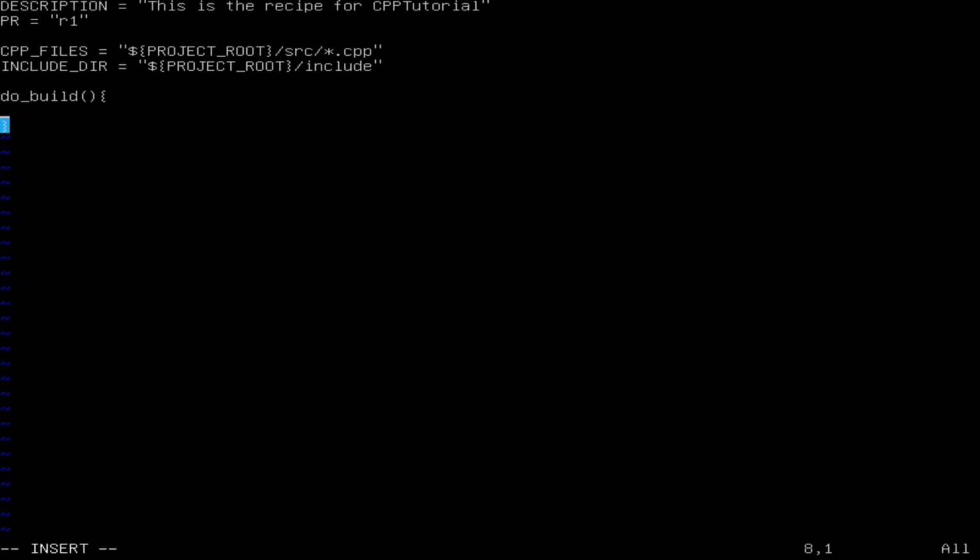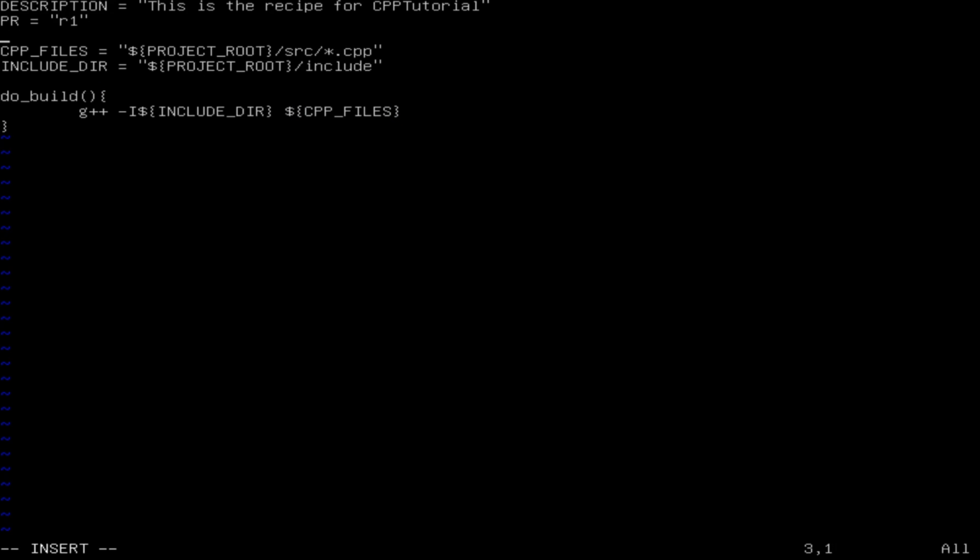We are going to add here the command that is needed in order to compile our project. So we need the G++ compiler with the include flag that is set to our include directory, and also the CPP files.